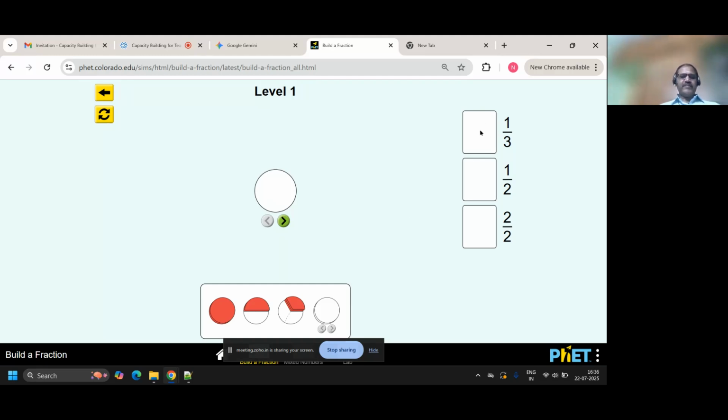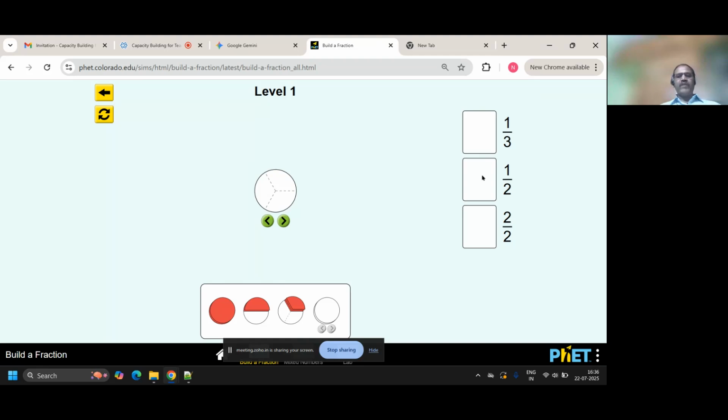1/3, right? Is this 1/3, or this 1/3, or this 1/3? Suppose I say take this and then show. Is this 1/3? This is not 1/3. So how will I do that? I'll put it here, and here, so there are 3. Now this is 1/3. Now you can drag, right? So I'm just making sure that I have built 1/3. Now I just reverse it, correct?